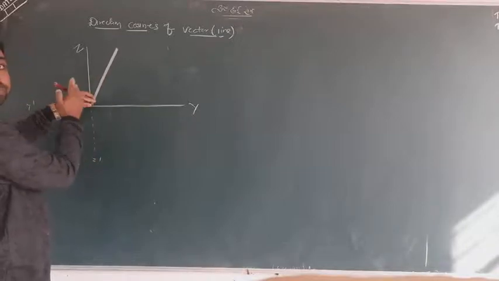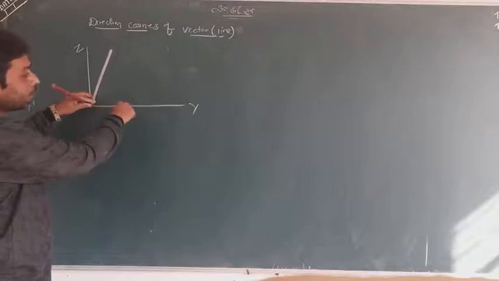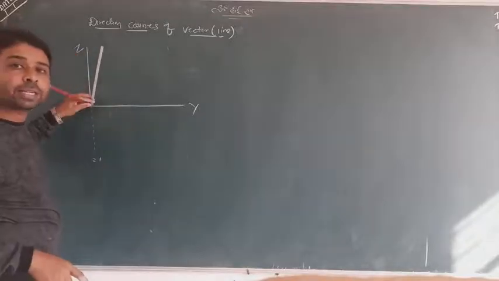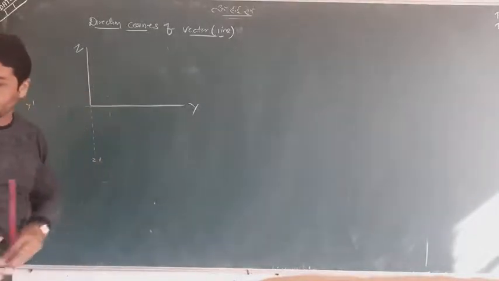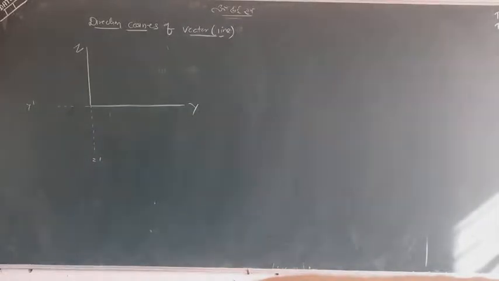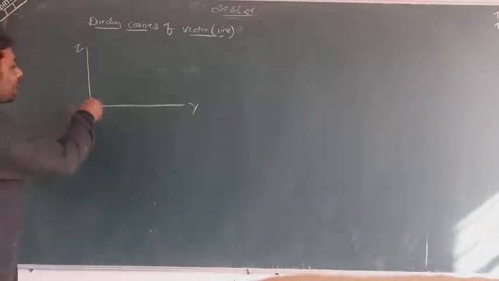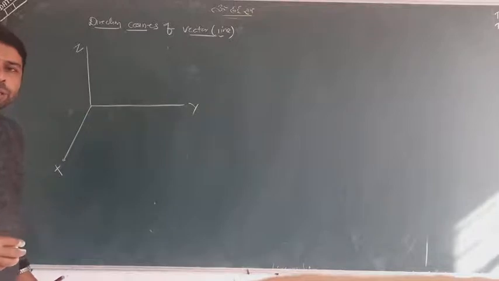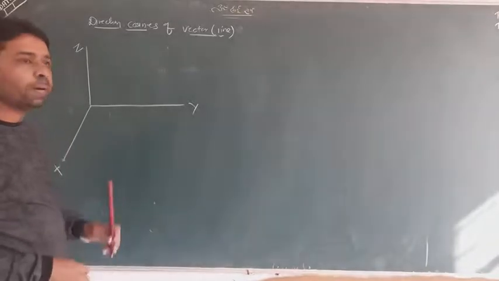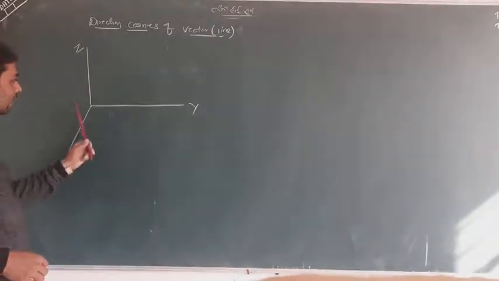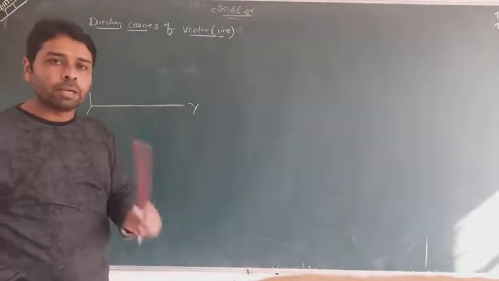So I tell you one thing: this line is making an angle with the positive direction of the x-axis, the positive direction of the y-axis, and the positive direction of the z-axis. So three angles we will focus on. These angles are called alpha, beta and gamma. Keep remembering this. Right now you understand that I cannot draw my x-axis right here like that. It will not appear, so I have drawn my x-axis conveniently on the board. Keep remembering, the angles between x and y, y and z, and z and x are 90 degrees. The thing is simple.